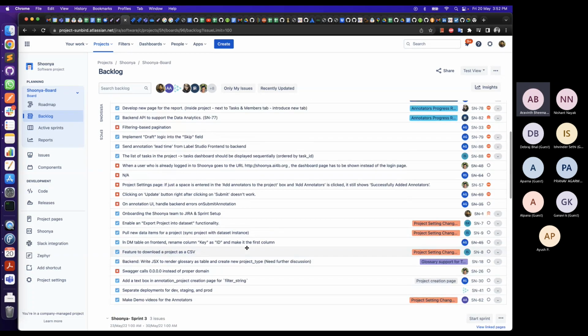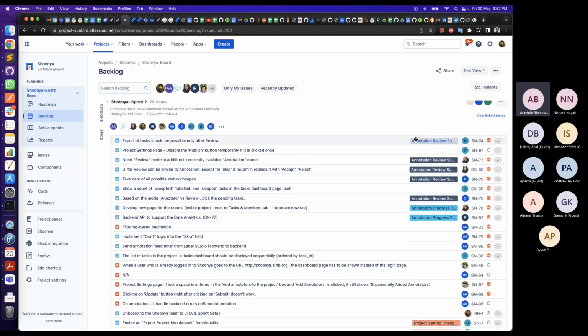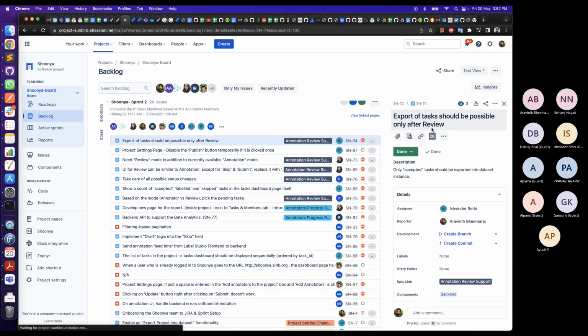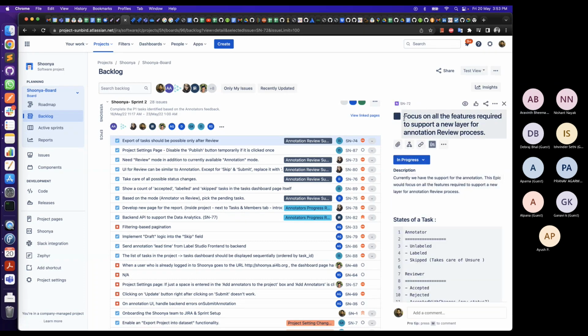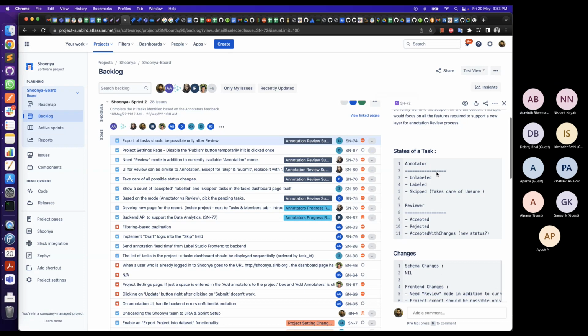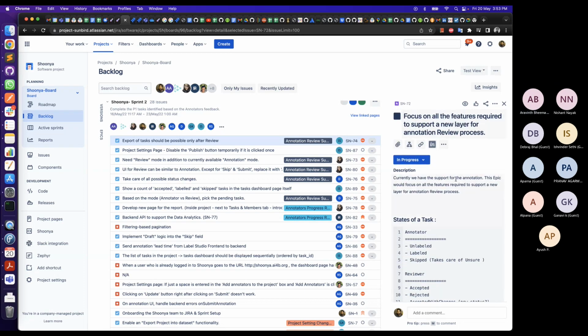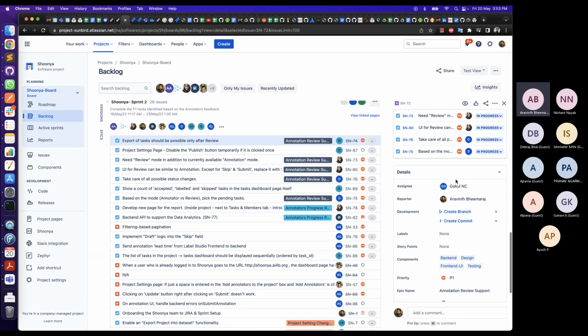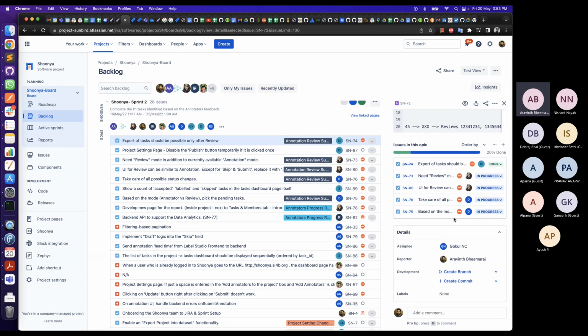So for this view, you can see whatever is highlighted here. They are the epics that these stories are linked with. There was an epic created for this annotation review. You can see it's grouped under the parent, right? This is 74, and this was grouped under 72, which is an epic. This symbol indicates an epic. It details the entire thing, and then you can see the set of stories or tasks under that.